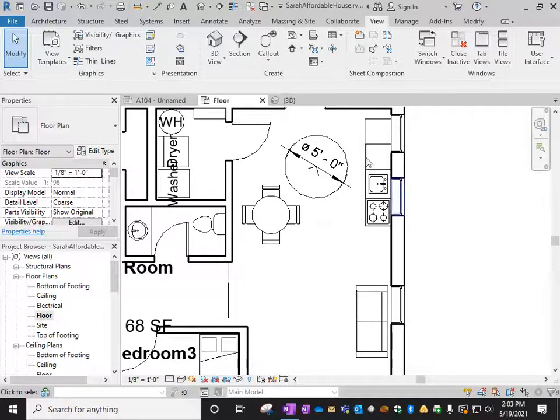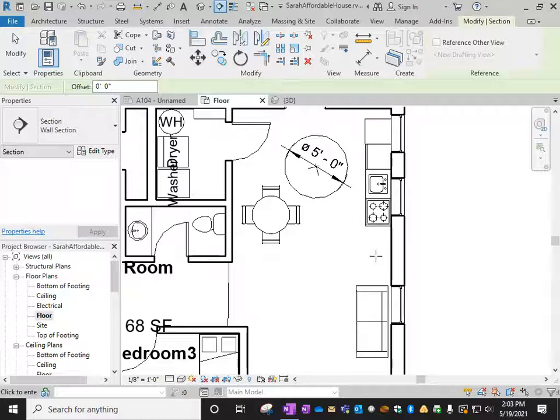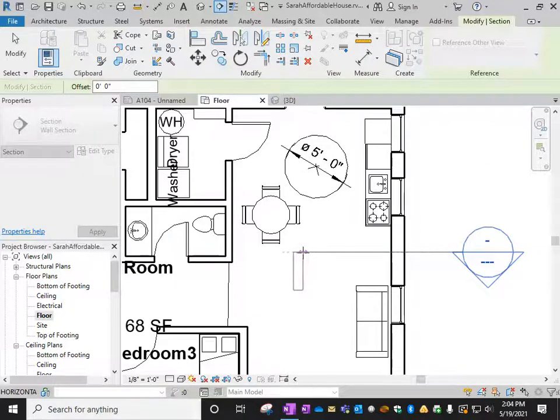There's two ways that you can do that. Up along the very top here, there's a shortcut to a section view. Alternately, in the view ribbon, there's the section view tool here. You'll click on that, and then what you'll do is you'll start on the outside and just where that section view will start, and then you continue